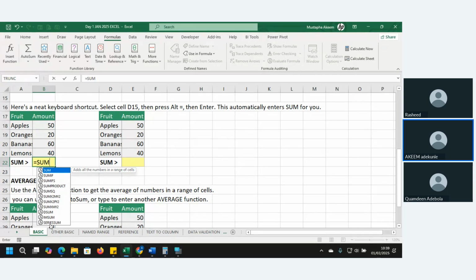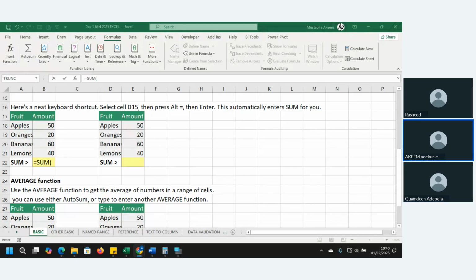All these are sum, but what we want to use now is SUM. The moment you reach what you want to use, just press Tab. It will automatically open a bracket for you.